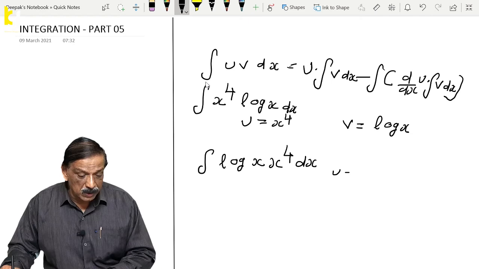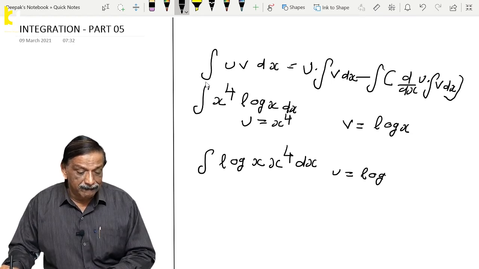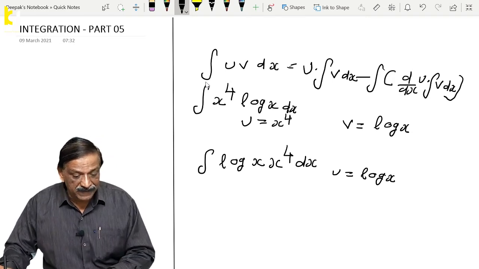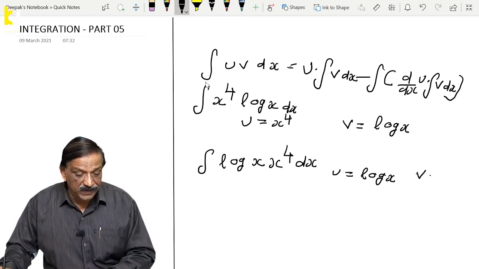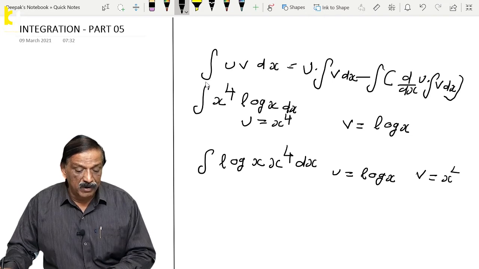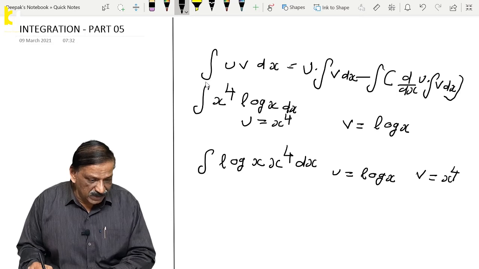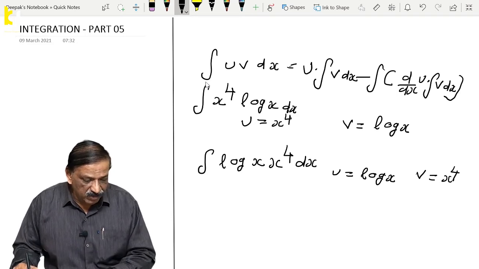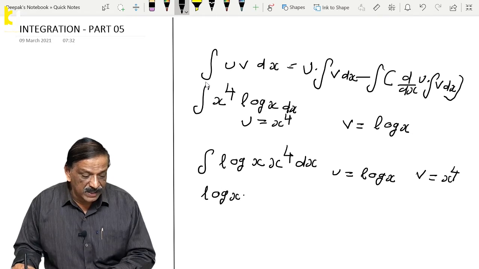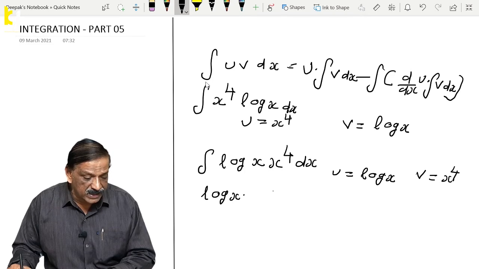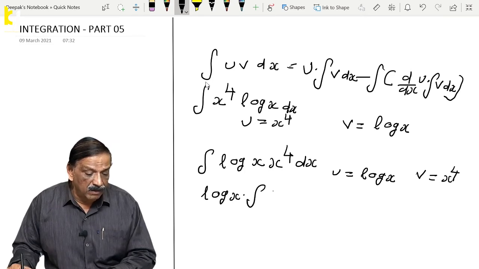Here u is equal to log x and v is equal to x to the power of 4. So we can apply the formula: first function, log x, into integral of second function, that is integral of x raised to 4 dx,